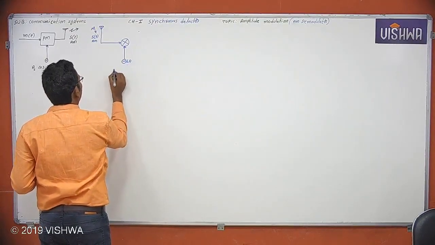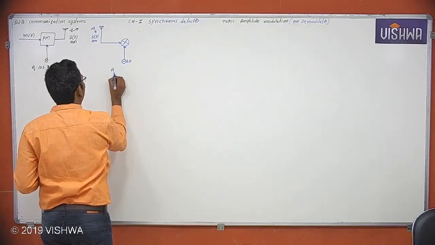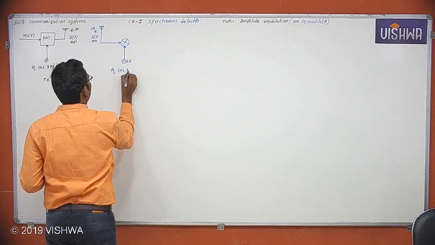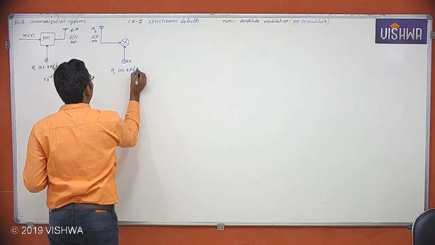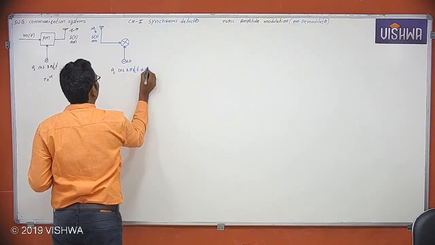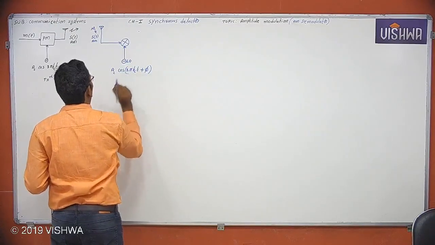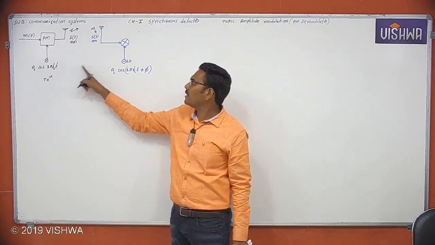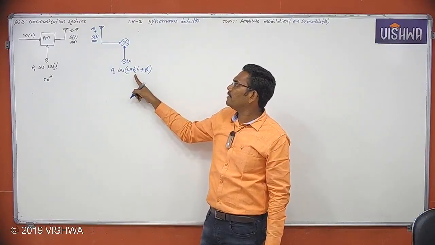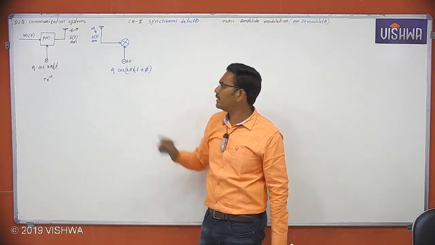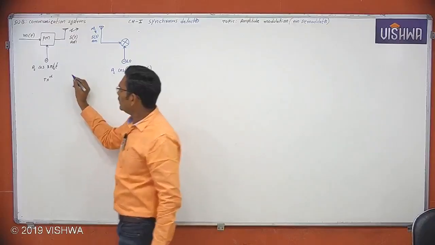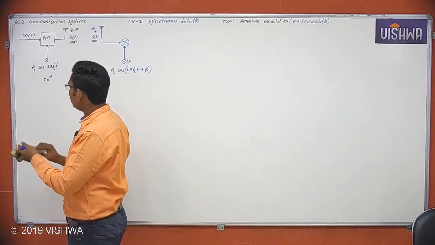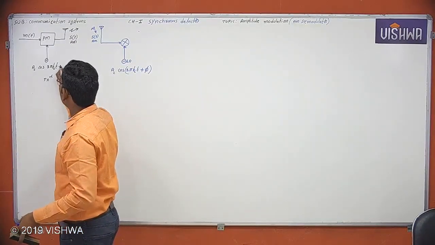The local oscillator will generate the same frequency and same phase of the carrier used at the transmitter side. What is the frequency of the carrier at the transmitting side? fc. What is the frequency of the carrier at the receiver side generated using the local oscillator? fc. Now here the phase is actually 0 degrees,